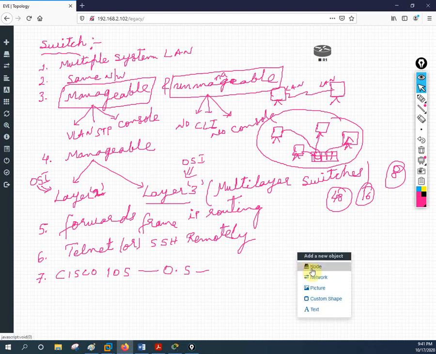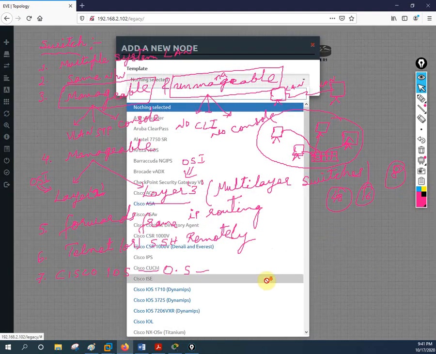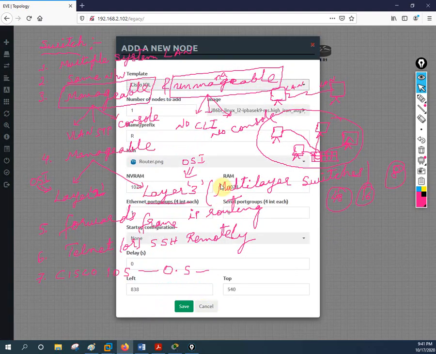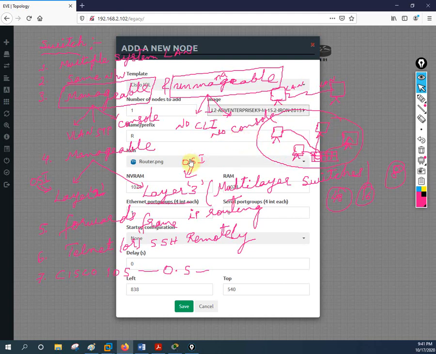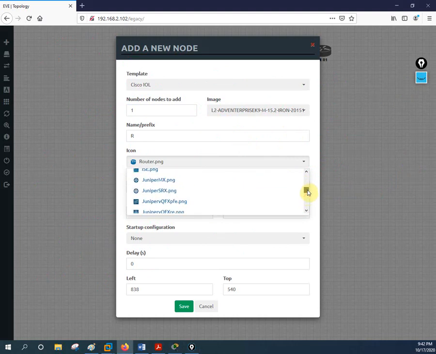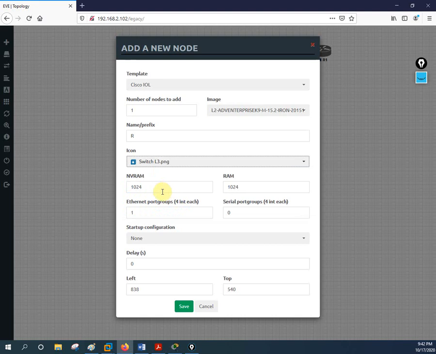So I am selecting the switch. I right-click, then I have Node, and I select Node. In the node I go to IOL. If I check here, this is an L2 switch, and there is also an L3. I will take this one, this is a switch, and you can change the image, meaning the picture of the switch, whichever one you want to show. For example, if I want to show a switch, then this is a Juniper, this is a laptop. Here we can change it: this one is the router picture, this one is the switch. Okay, so let me take this switch.